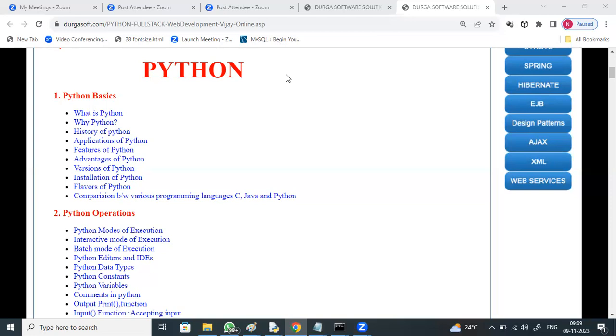Could you please explain in short how data science differs from Python? See here, data science with Python, big data with Python, DevOps with Python, robotics with Python, web applications with Python. There are different areas where Python is the language chosen for coding.